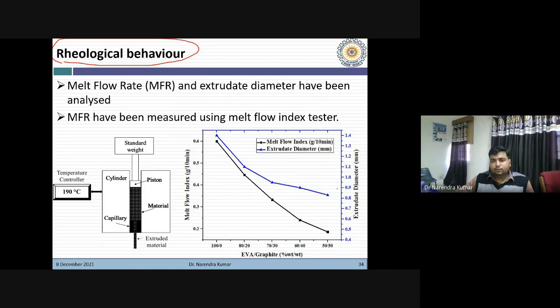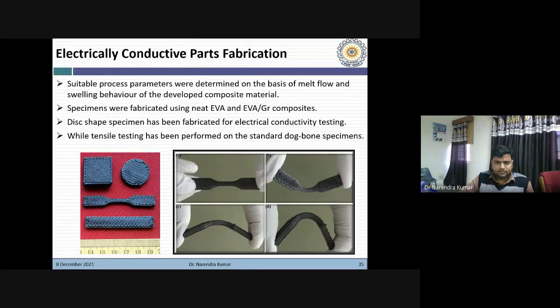We wanted to know the diameter change with graphite addition, and also the melt flow rate, because in additive manufacturing the deposition speed plays a very important role, and diameter also plays a very important role, since we can decide a lot of process parameters based on these two factors. So we tested both melt flow rate and diameter under this rheological testing. You can see the result, but I'm not discussing it in that much detail.